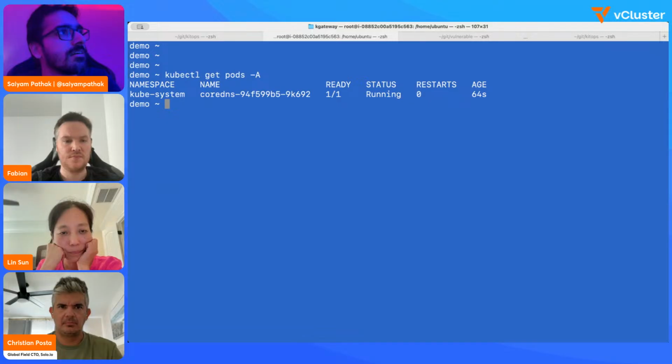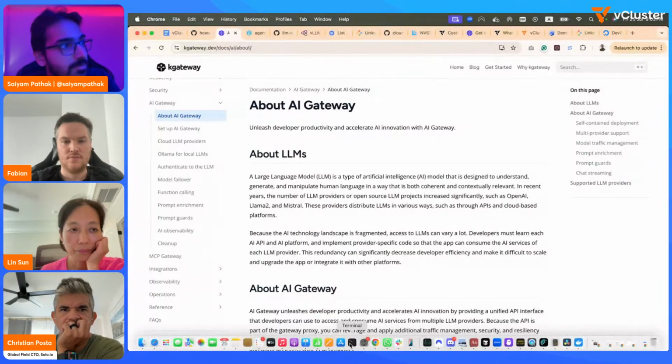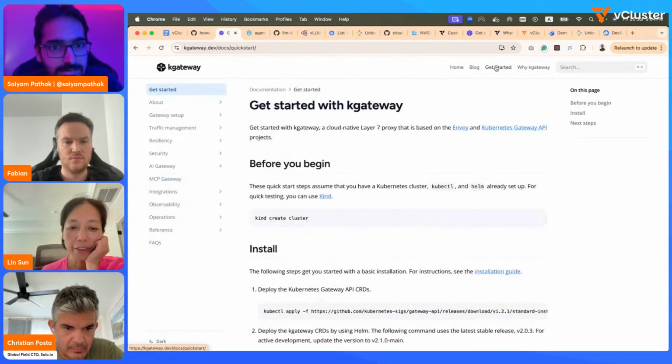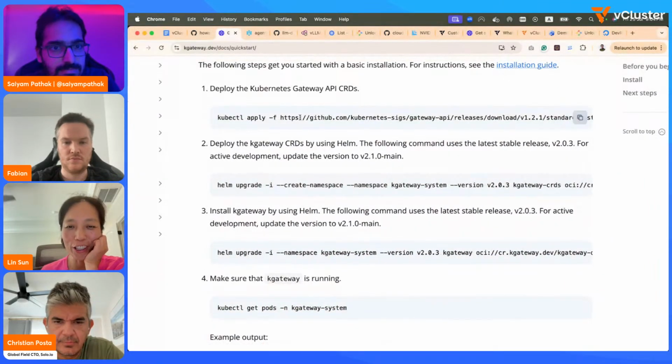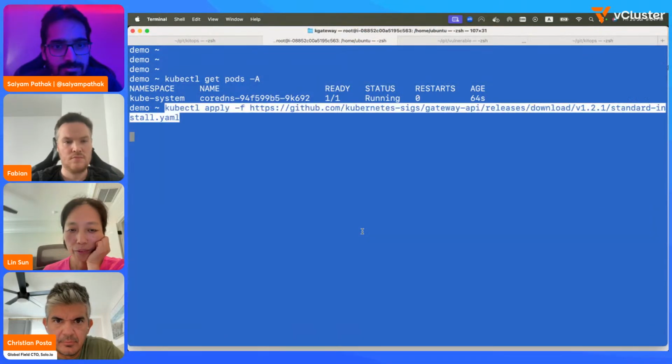So what we'll do is I have a quick start, and I can share the screen if that helps, so that you know what I'm trying to do, and you can share what needs to be done. Okay. Now you should be able to see everything. So I should be going to the getting started, right? Yes, I would recommend that. The first step, probably just install the custom resource. Okay. So this is the custom resource.